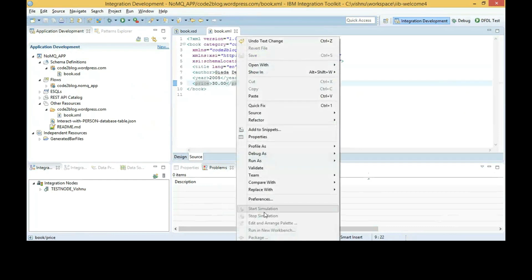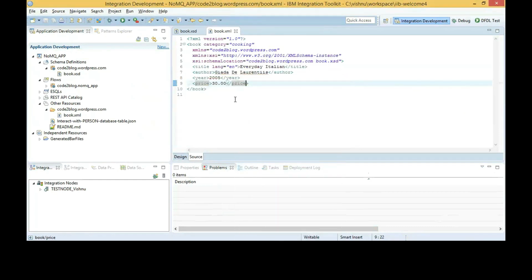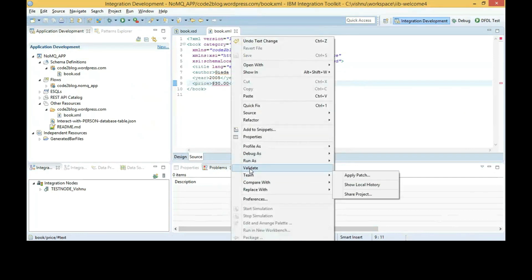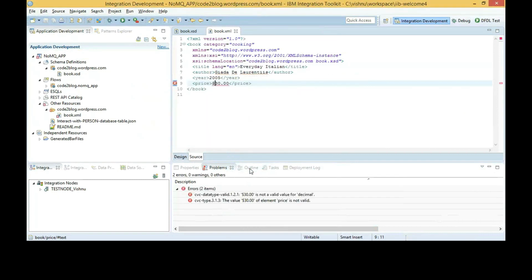I've changed the data type. Oh, sorry, year field is set as integer and price field is set as decimal.